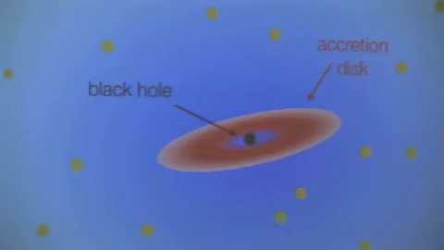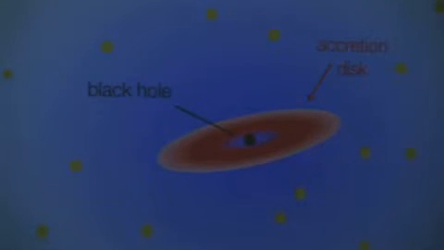And then surrounding that, there is a system of clouds of gas that are in orbit around the black hole. This is sort of a silly cartoon, but just to illustrate what's going on, these are clouds that are very close to the black hole, and they're orbiting very rapidly around the black hole at speeds of thousands of kilometers per second because they're so close to the black hole. The black hole's gravitational pull is so strong that these clouds are orbiting extremely fast around the black hole.